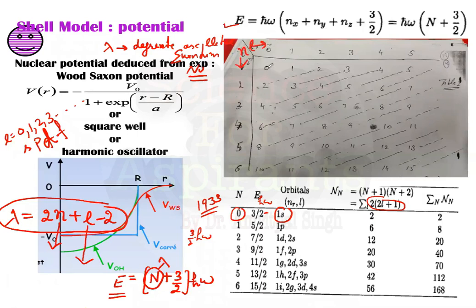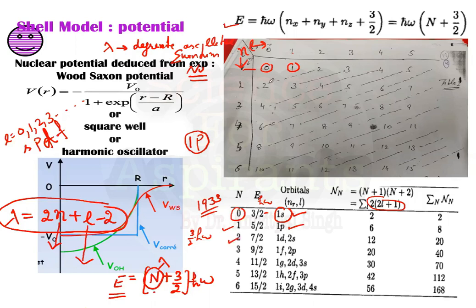When l is 0, only this term is valid, and this term is when n is 1 and l is 0. So that has only one s state. When n is 1 and l is 1, it means the nucleons are present in the p orbital. That's why, at higher energy after 1s, it will be 1p, and then when n is 2,